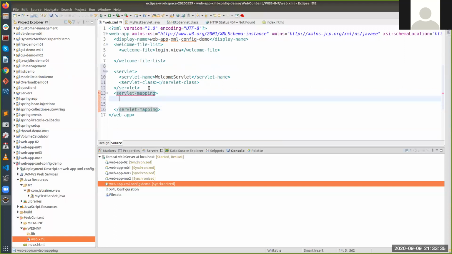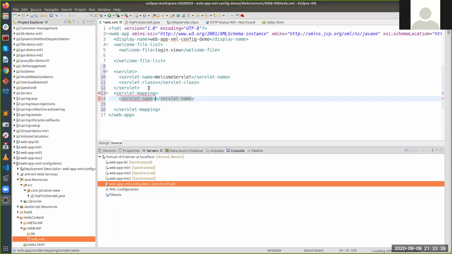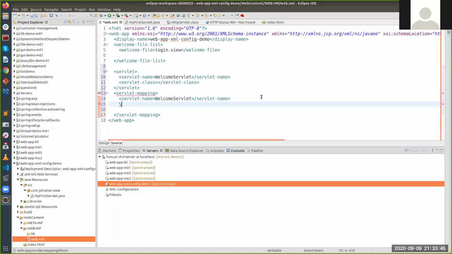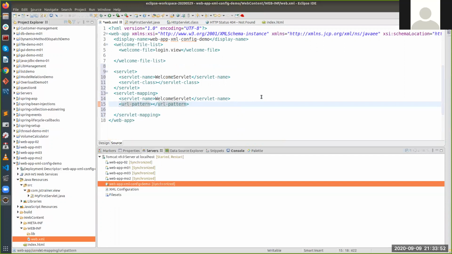The servlet mapping, the servlet with the name welcome servlet is mapped with the URL welcome.view. Okay, so save this. I think we have not written the servlet class in a minute because this has been frozen now.